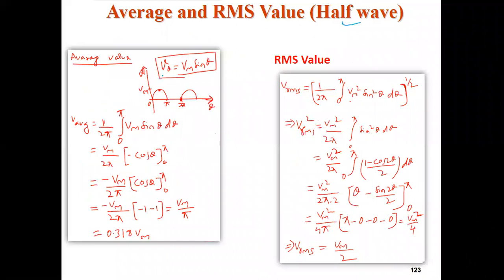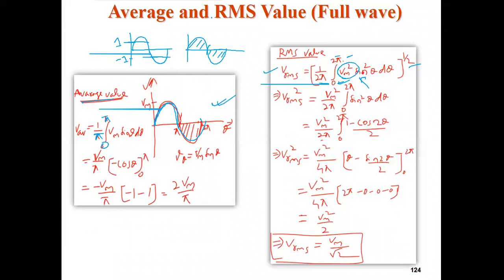Okay, so in the two calculations, for the half wave rectifier, the average value and RMS value, the first two lines, and here for the full wave rectifier, the average and RMS, this first line and this first line. So these four lines you should understand as well as remember, because from that only you will go on calculating. This calculation is definitely required most of the times, because if, let's say, ripple factor calculation or efficiency calculation is asked, there you have to do these derivations.